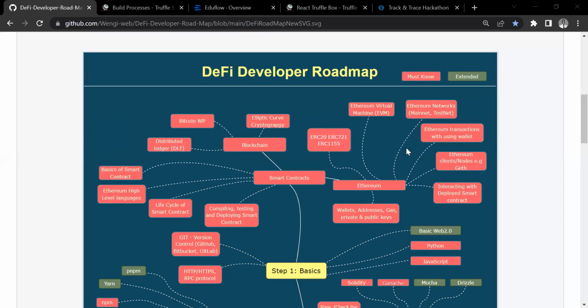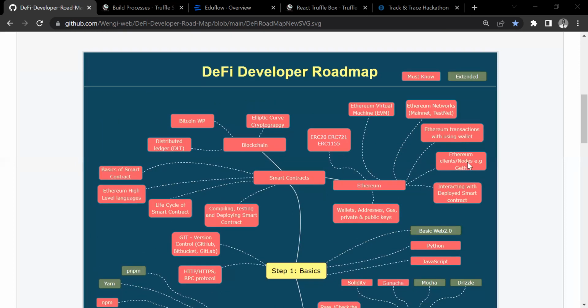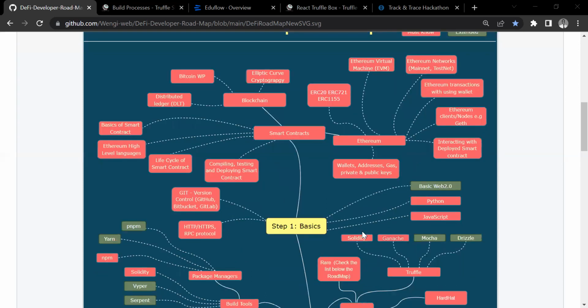So in this page, you can see an image for a DeFi developer roadmap. DeFi stands for decentralized finance. It encompasses the whole financial system for blockchain. And here we have step one, which is the basics that everyone needs to grasp